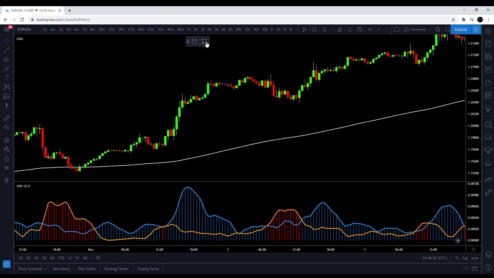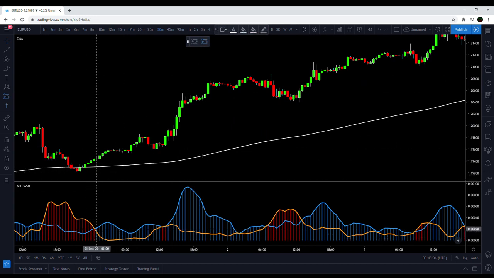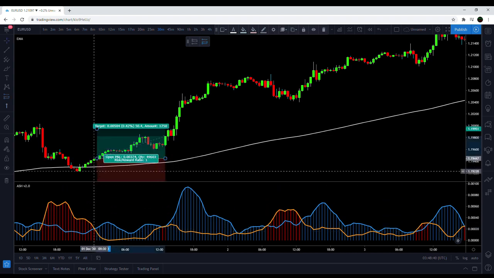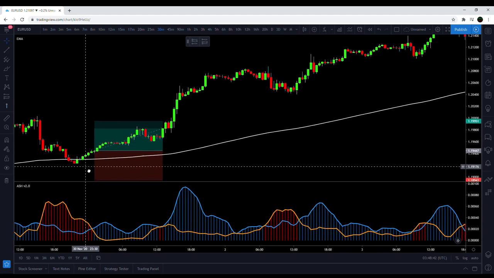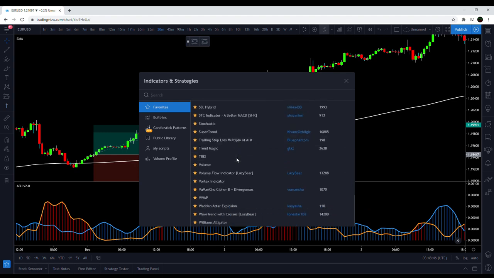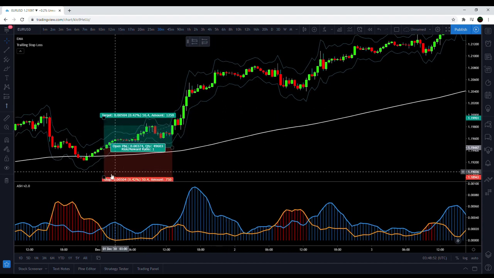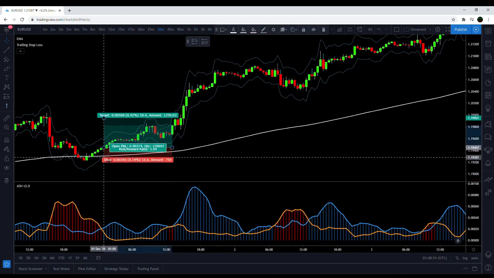And I'm just going to be doing the typical 1-to-2 risk to reward ratio. So for example, there's a buy signal right here when the flip from red to blue occurs. Get a buy, and I'm going to pop up the classic stop loss indicator, trailing stop loss multiple of ATR, blue phantom. I'm going to keep it on its default settings,